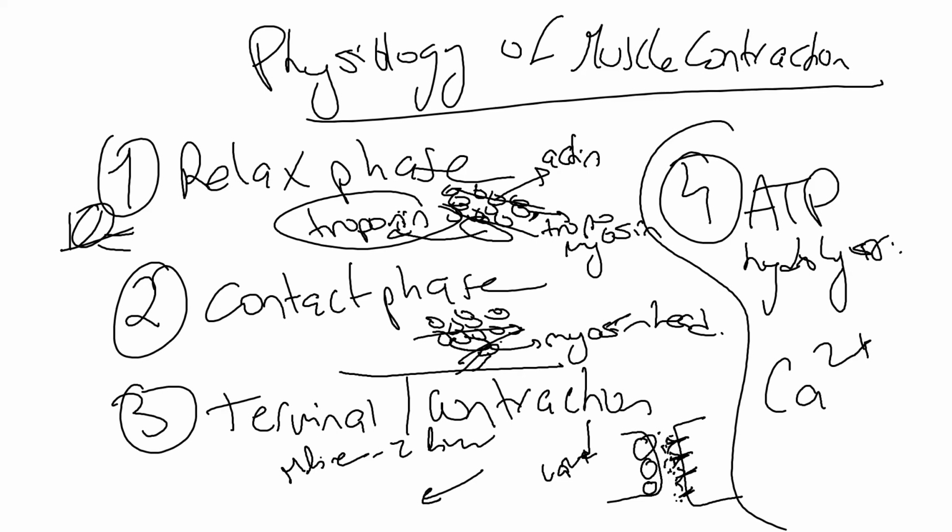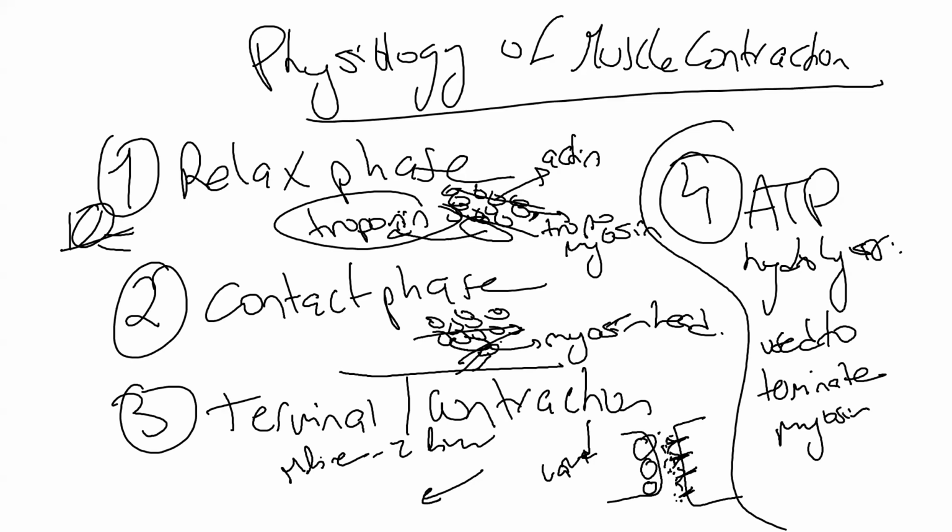Okay? Why do we hydrolyze ATP? ATP is hydrolyzed because it's used to terminate the myosin head and not to activate it. Let me write. So why does ATP hydrolysis happen? Because this ATP is used to terminate